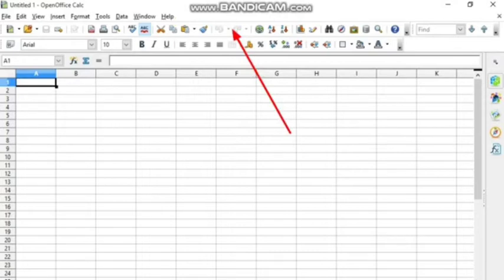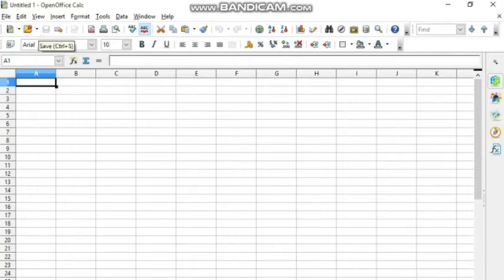The third one is called the standard toolbar, where you can get the shortcut icons of the menus which are present inside the different menu bars. So in the file menu there are different commands, so you can find a few shortcuts here in the standard toolbar from where you can quickly access and use these commands.